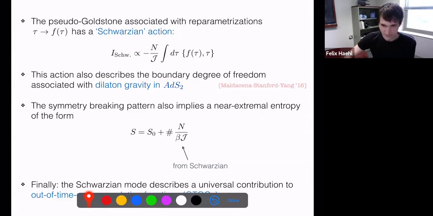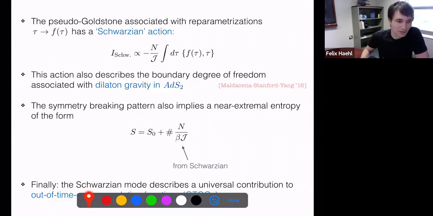So the connection with gravity is very explicit here. Of course, a complete holographic and in particular a microscopic understanding of this connection is still missing, but many of the features at low energies are described with this JT gravity model. Now, another consequence of the symmetry breaking pattern, and in particular of this SL2R symmetry that's preserved, is that you